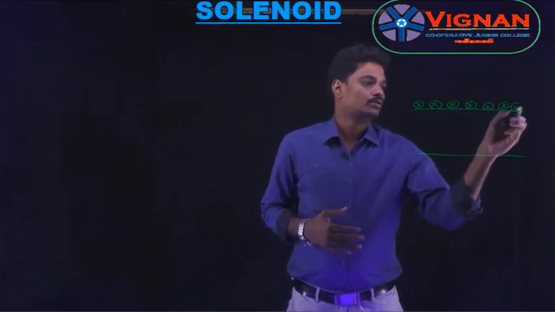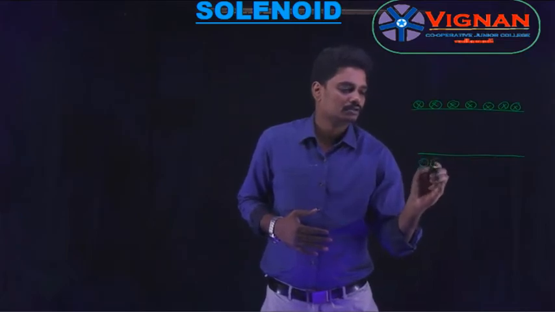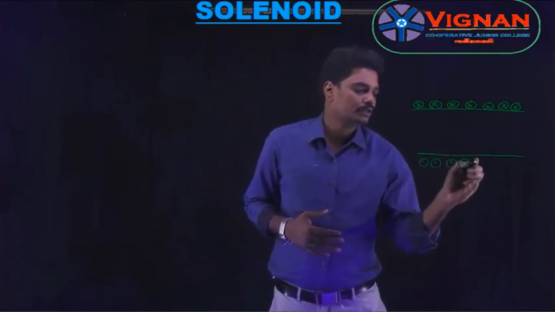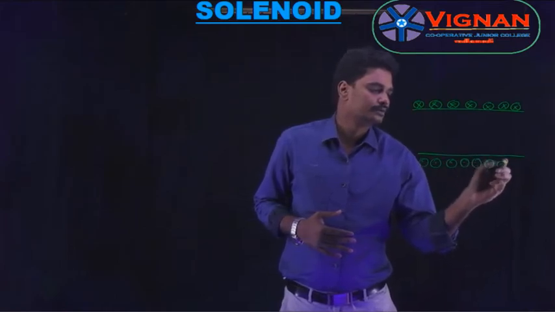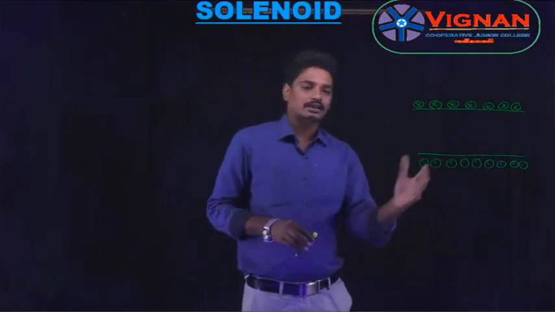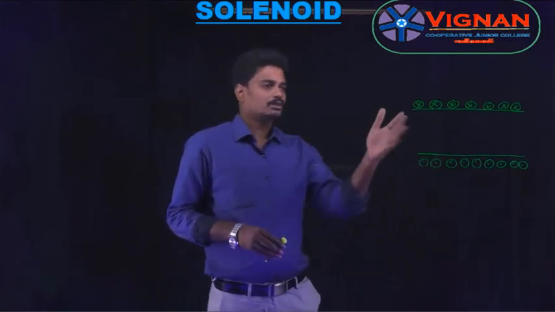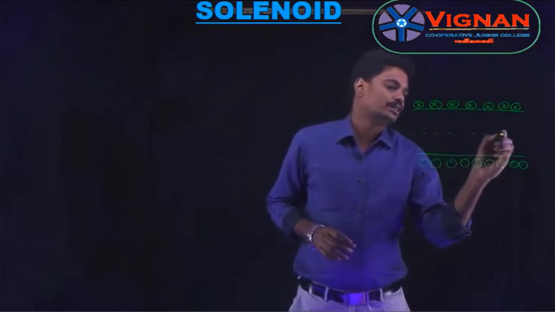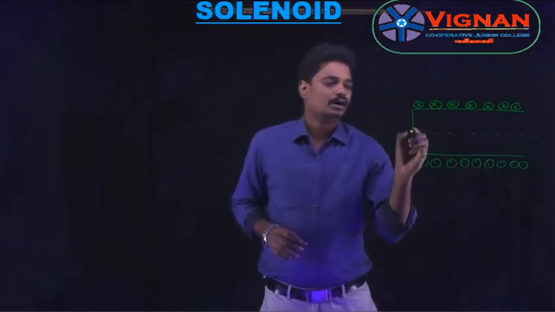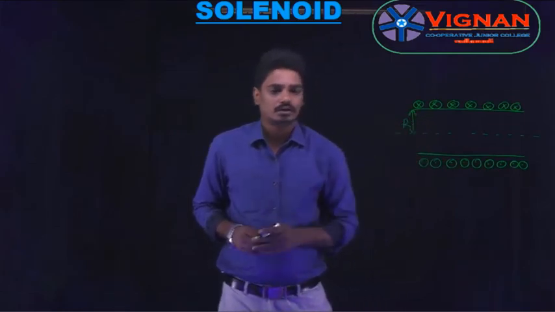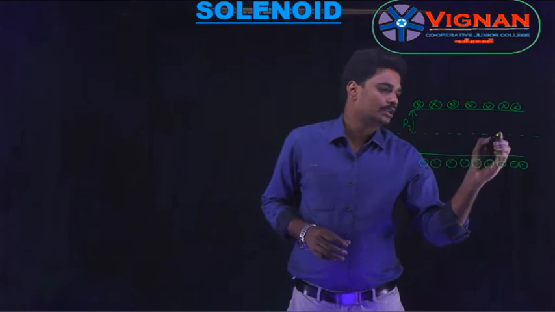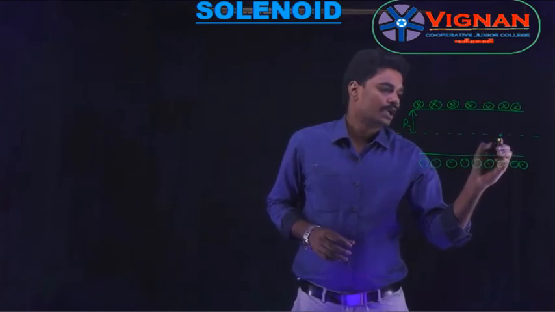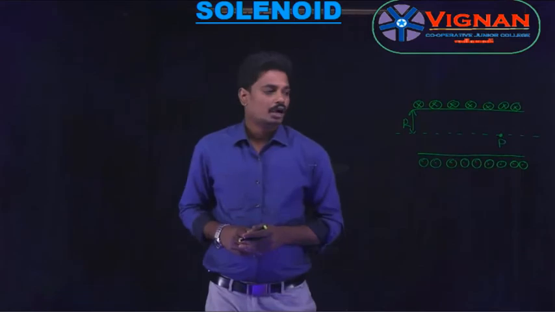Below and above we are writing cross and dot, which indicate the direction of the flow of the current. The dot indicates that the current is flowing outwards and the cross indicates that the current is flowing towards the board. Now, this is the axial line. Let R be the radius of the solenoid and we need to calculate the strength of the magnetic field at a point P.